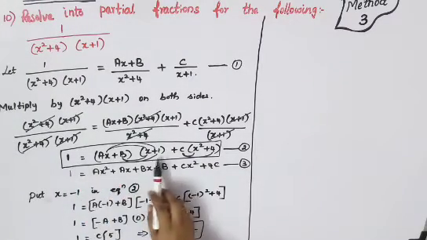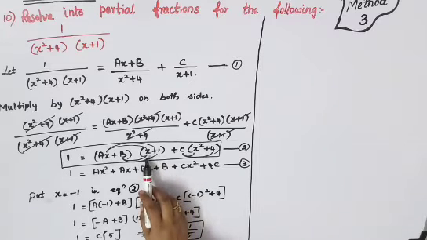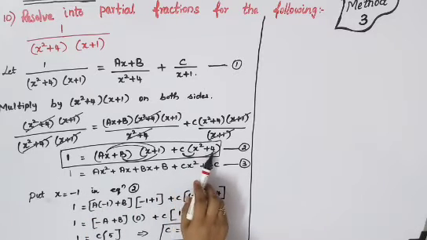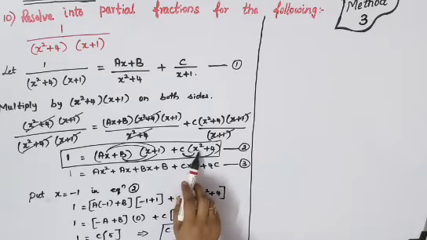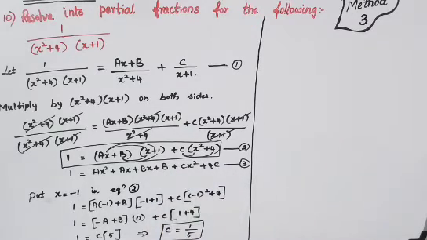Anything you can substitute for x and get the value. But here, only one option is given. x plus 1 is there, so they have given minus 1. If you put minus 2 also here, 4 is there, so you can put 2 the whole square, but if you put minus also, minus will become plus. Okay, so we won't be able to do anything.